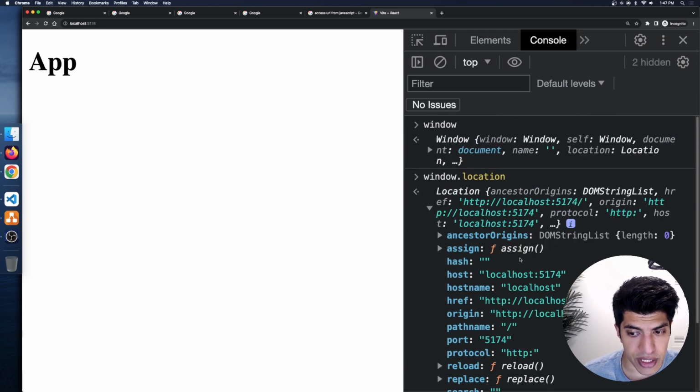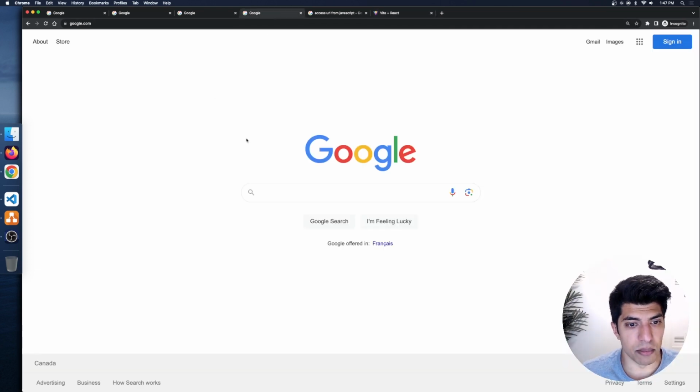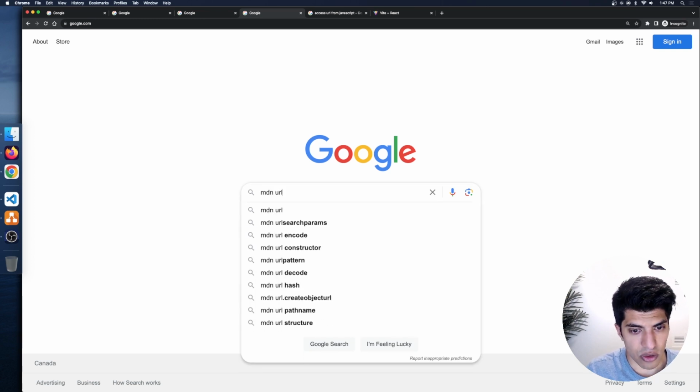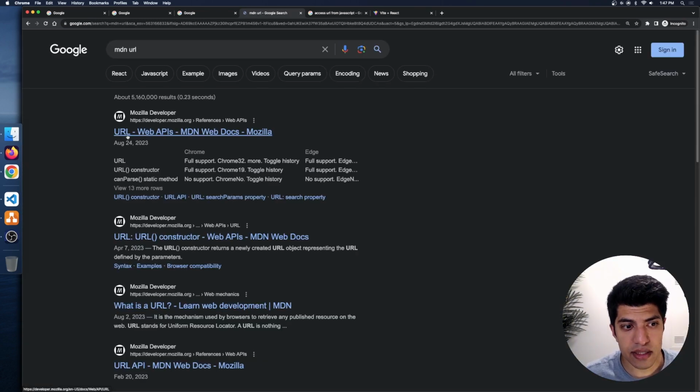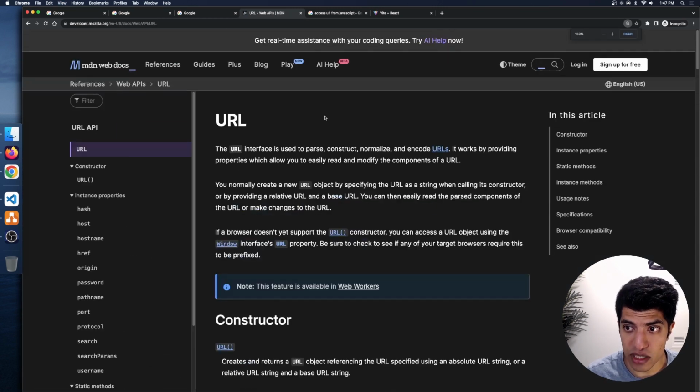So we could probably set it to be something like this href, for example, right? Now, that's what I initially did, but what I eventually ended up doing was changing that and wrapping it in a URL object. So let me show you what I mean. I'm going to go to MDN URL, and this is the web API for a URL. I'm going to go to that link, and we can see that if I zoom in a whole bunch here,